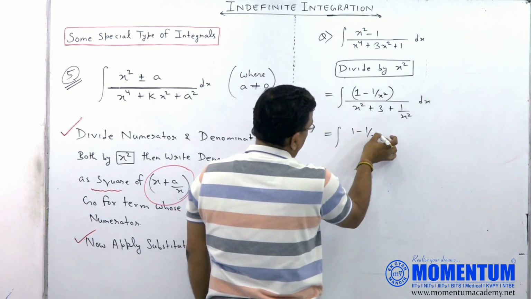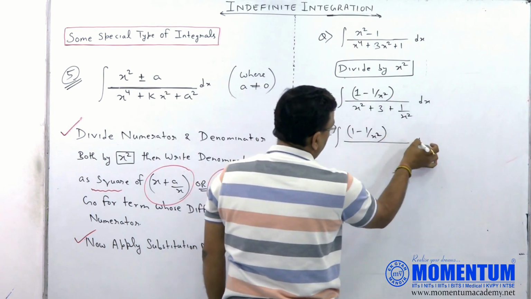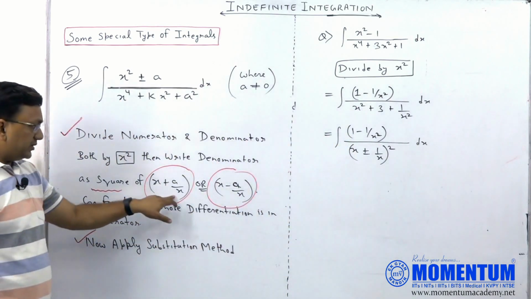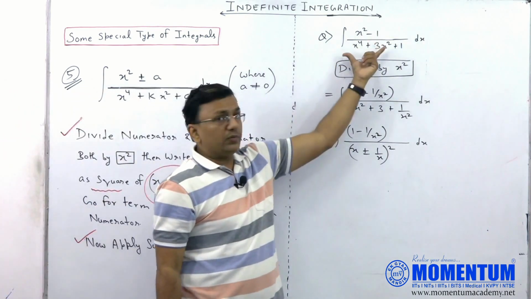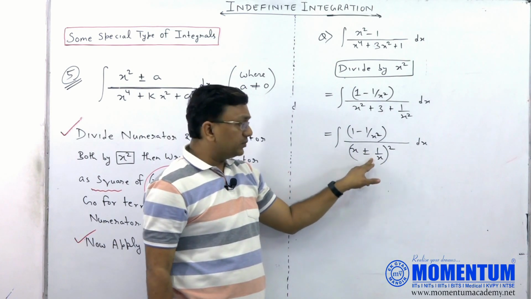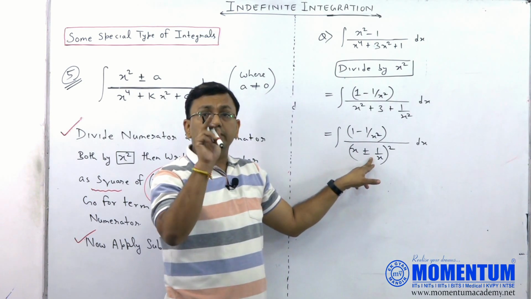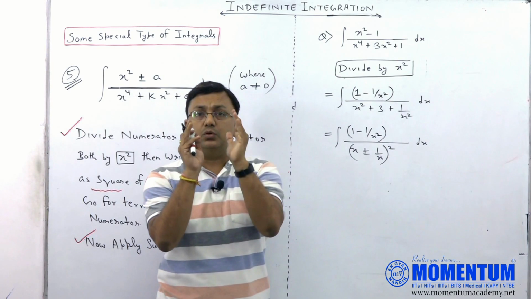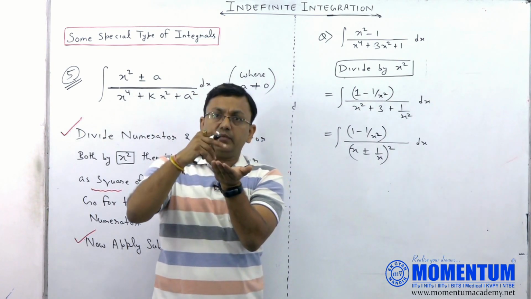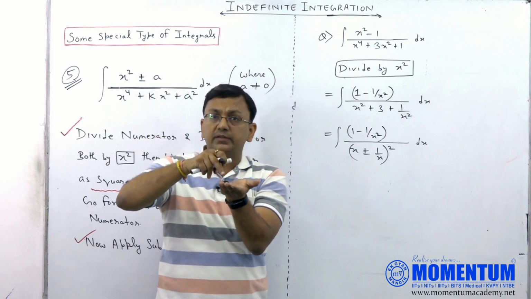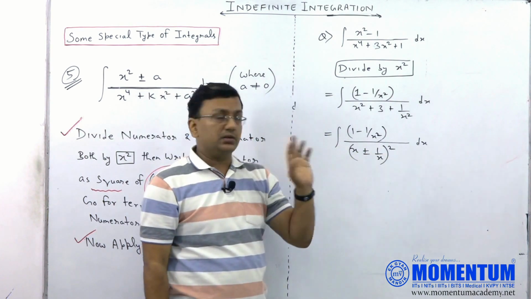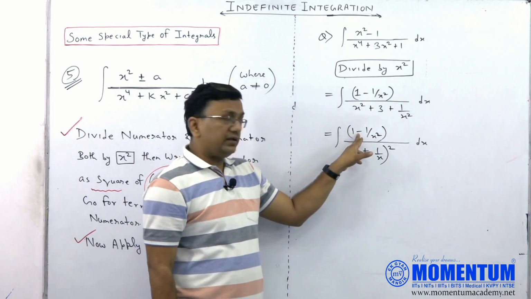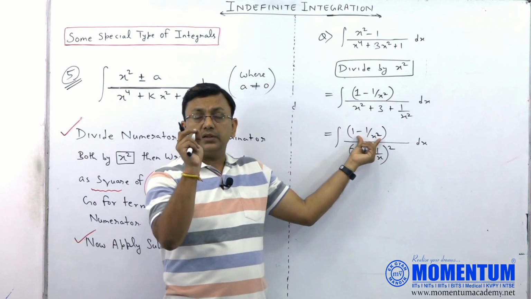Now, numerator 1 minus 1 by x square, in denominator. अब इसी को चेक करिएगा, आपको बोला गया डिनोमिनेटर को क्या लिखो, चेक करिएगा आप, समझिएगा अच्छे से। x प्लस ए बाई एक्स और x माइनस ए बाई एक्स, ए कितना है 1, तो डिनोमिनेटर को क्या लिखना है x प्लस 1 अपॉन एक्स, x माइनस 1 अपॉन एक्स। प्लस माइनस में से क्या लेना है, it will be decided by expression in numerator. न्यूमरेटर इज 1 माइनस 1 बाई एक्स स्क्वायर। न्यूमरेटर में जिसका डिफरेंशिएशन हो उसका स्क्वायर डिनोमिनेटर में लिखते हैं। बताओ x प्लस 1 अपॉन एक्स का डिफरेंशिएशन क्या होगा, 1 माइनस 1 अपॉन स्क्वायर, और x माइनस 1 अपॉन एक्स का डिफरेंशिएशन क्या होगा, 1 प्लस 1 अपॉन एक्स स्क्वायर।